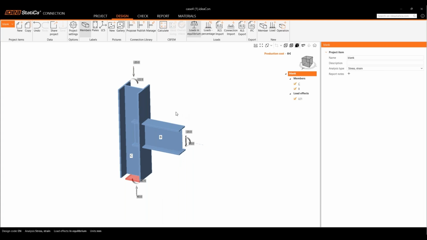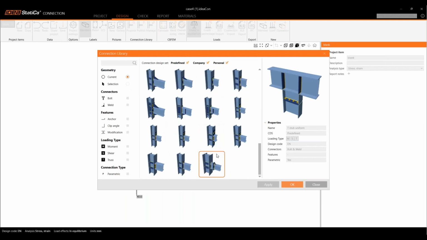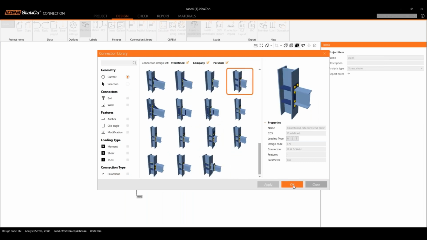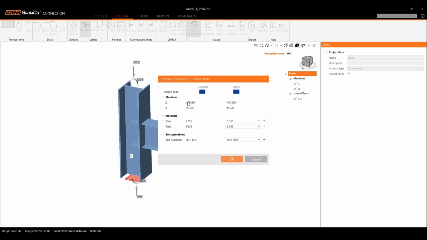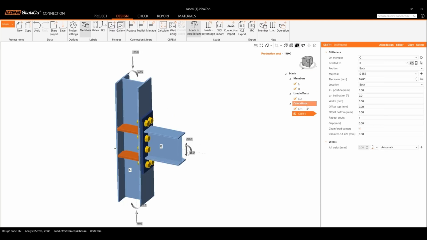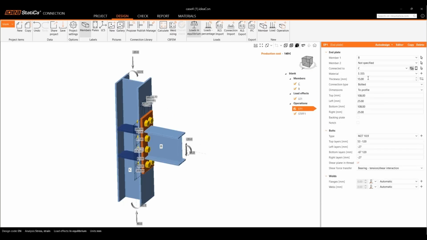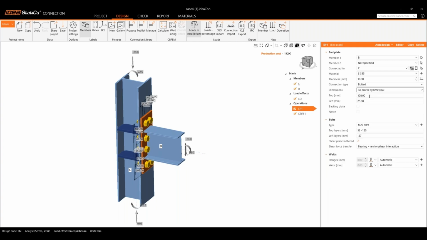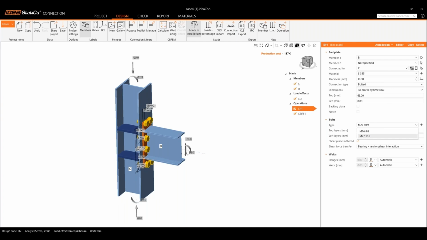I'm asking for a proposal from Idea Statica. I'm looking for an in-plate connection, just like how I have it in my workplace. I'm keeping the defaults as defaults, just so I know that I can change the operations at any point of time. I'm giving a bit of change to the thickness. I'm giving 10 for the thickness. I'm changing the dimensions a bit, basically readjusting the dimensions to match with my site conditions, changing the bolts, the top layers,